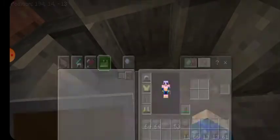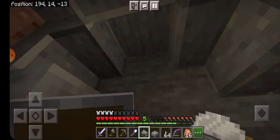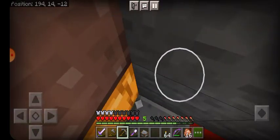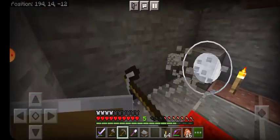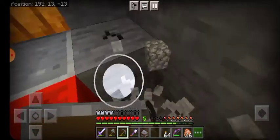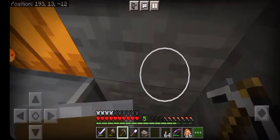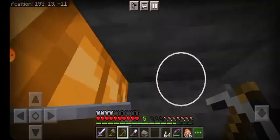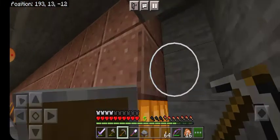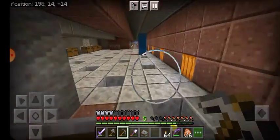Okay, so I place those there, that there. I can grab that. Place that there. Now I can dig this out. Then dig this out. Is that high enough? Yes, it is. Okay. I know I spend a lot of time